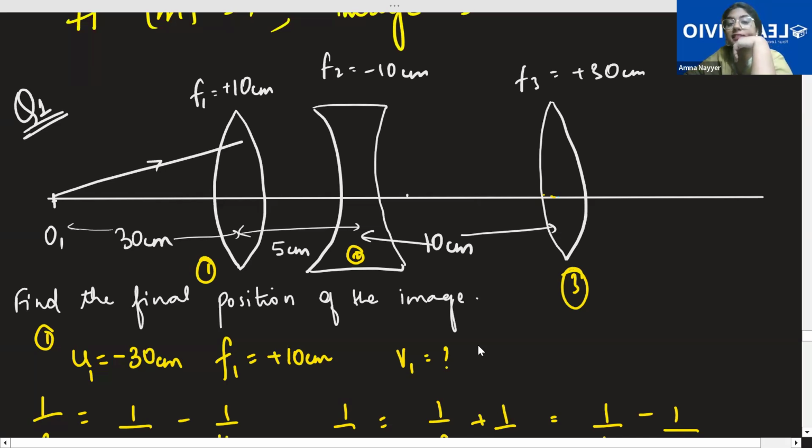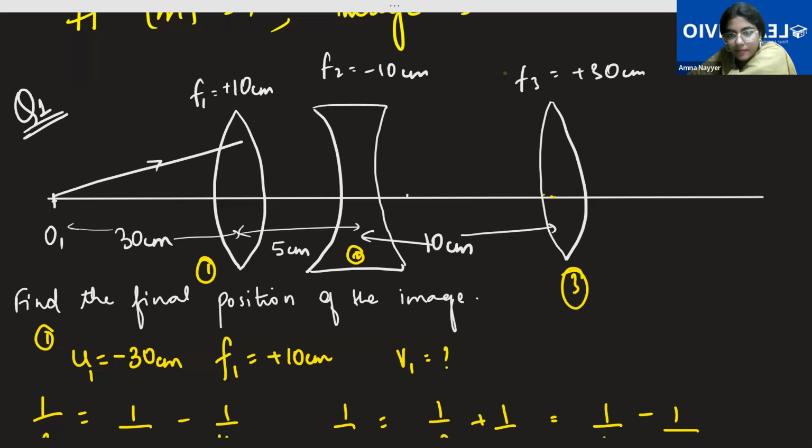Which lens? Three lenses are there. Yeah, it will be behind it, but where? Dimensions are given. Look, you are right. It will be formed because it is plus. Plus means it is obviously on the other side, opposite to the object. That is correct. But where? 15 centimeter is coming where? Yes, Aisha. First lens.